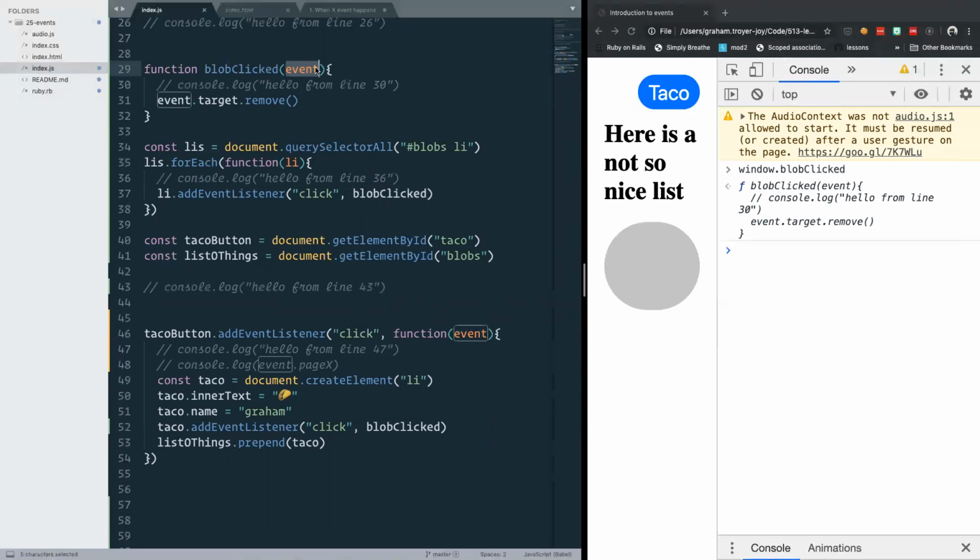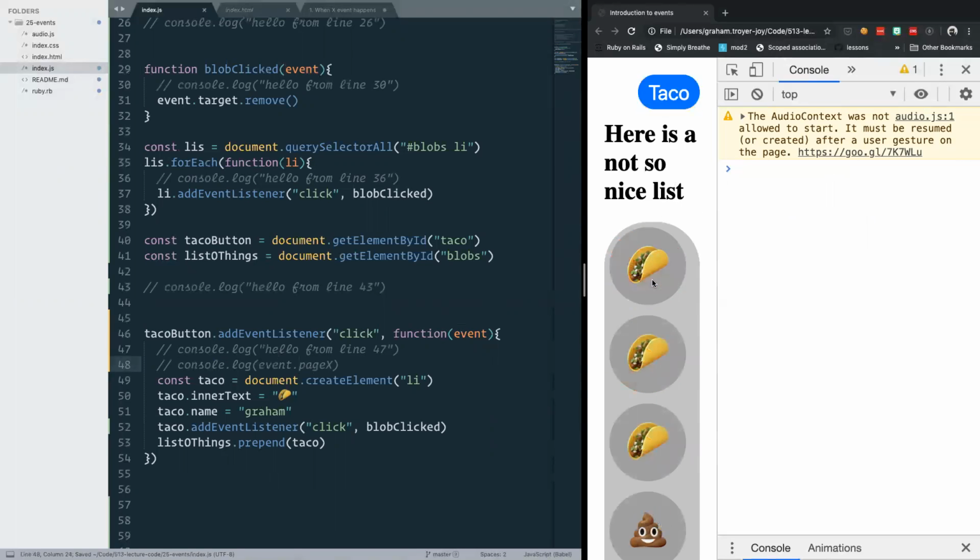That event object will always have a target on it, as well as a page X, a page Y. This is just like the API of the browser talking. We get that object back so that we can do stuff with it, like find out what got clicked. This same event listener is in 7, 8 different places. That event.target will be different depending on what you click on. And that's a beautiful thing, actually. It's a very useful thing for us in wanting to remove this taco,